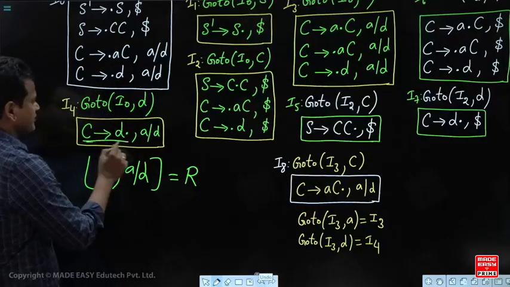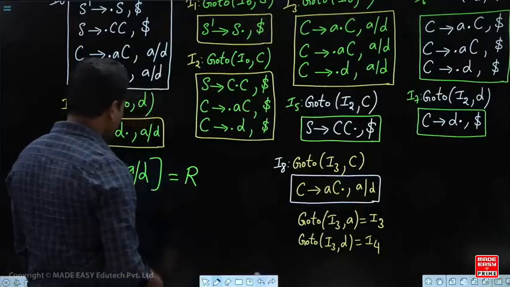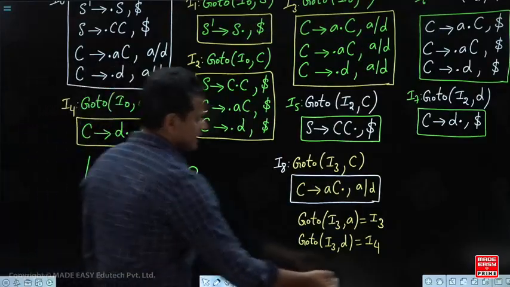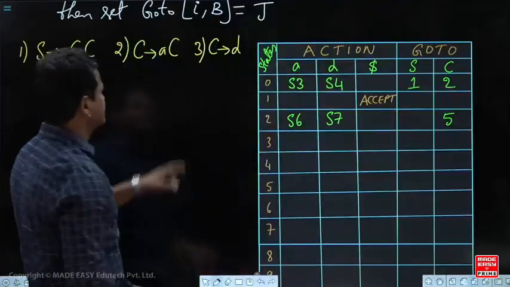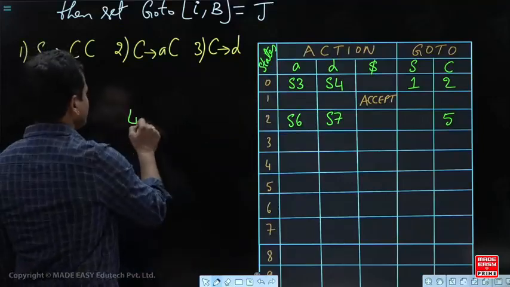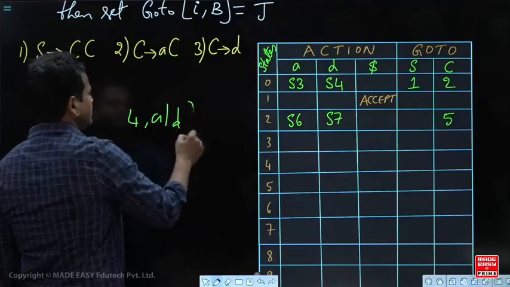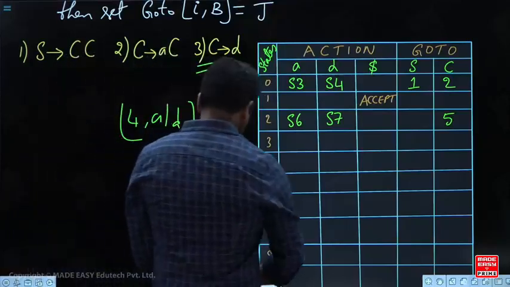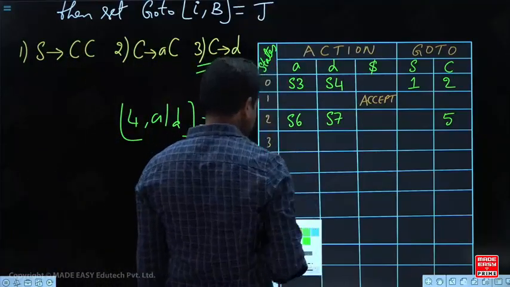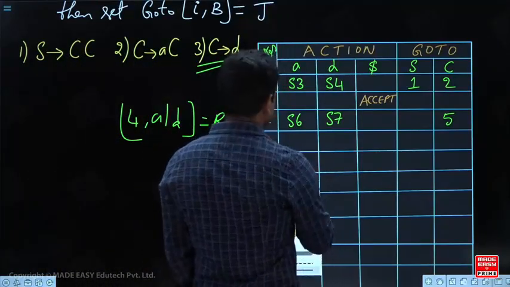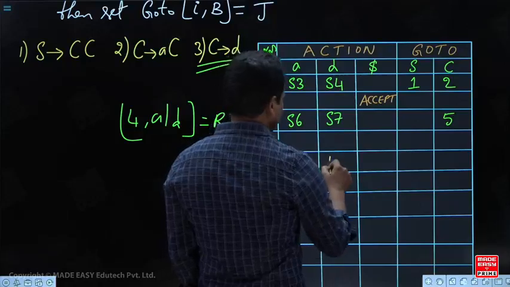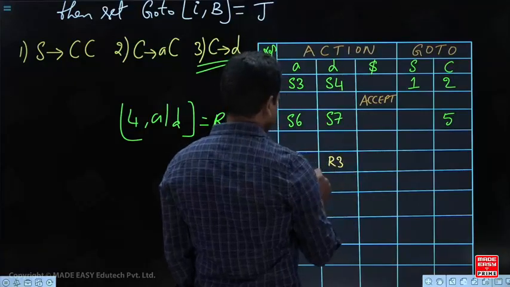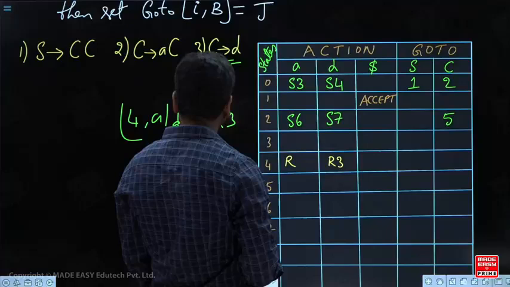And what is its number? We have given the number, no? So in 4 comma A, 4 comma D, reduce and reduce. What is the number of C to d? 3. So in the 4 comma A column and D column, we write reduce by what is its number? 3. 4 comma A, reduce. 4 comma D, reduce by